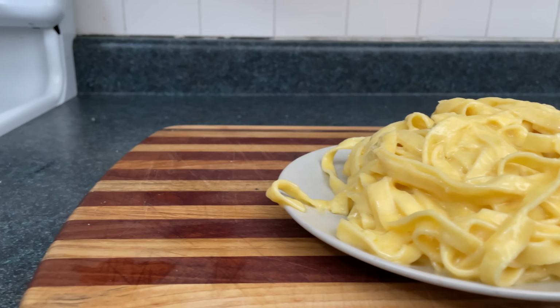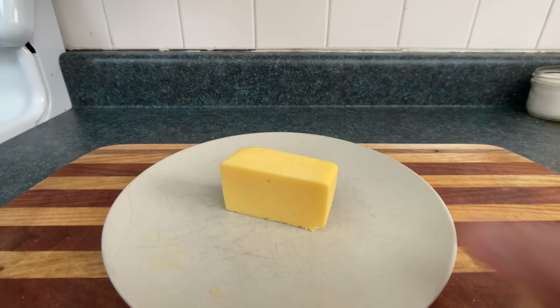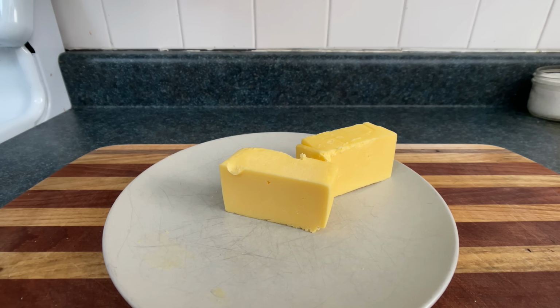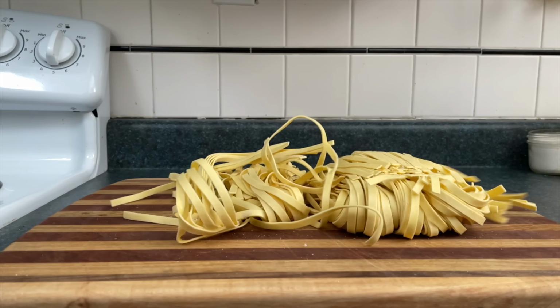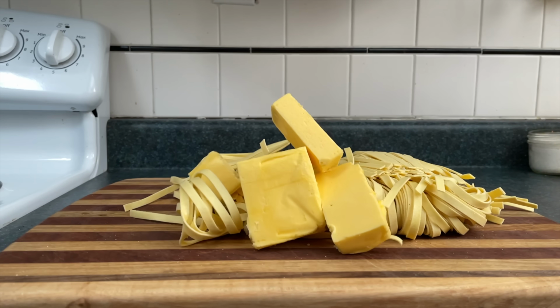butter and cheese. Speaking of butter, before you do anything else, get your butter out of the fridge and let it come up to room temperature. You're gonna need more than that. Yeah, a bit more. A bit more than that. There we go. For every pound of pasta, you need a ½ pound of butter and a ½ pound of